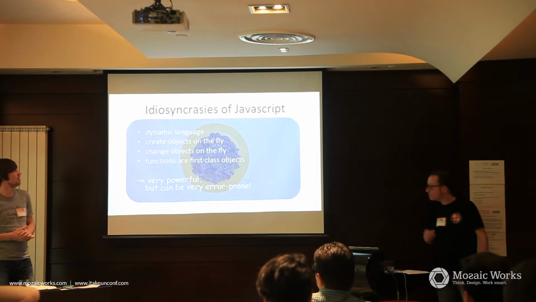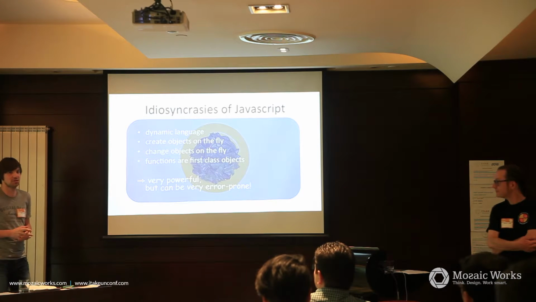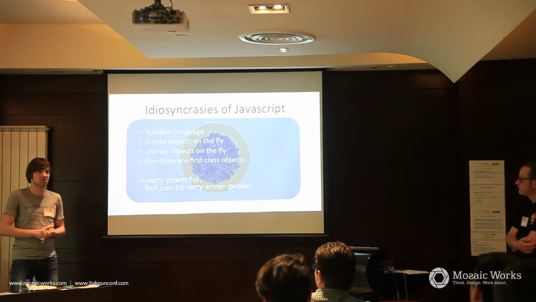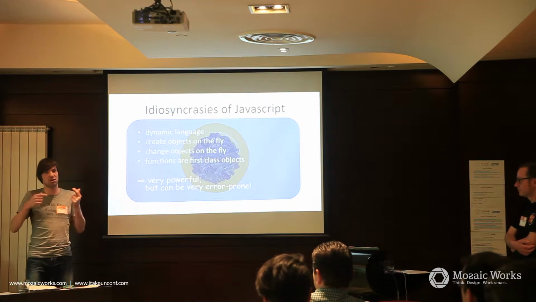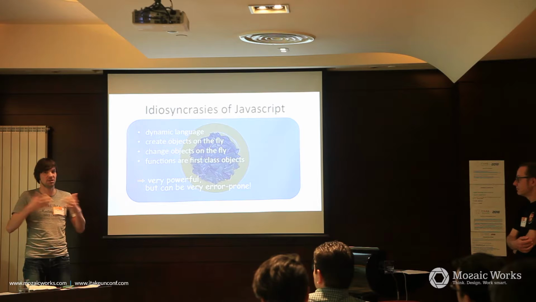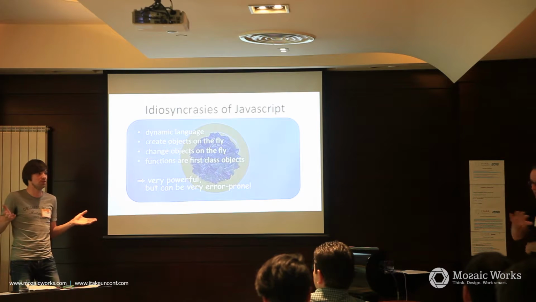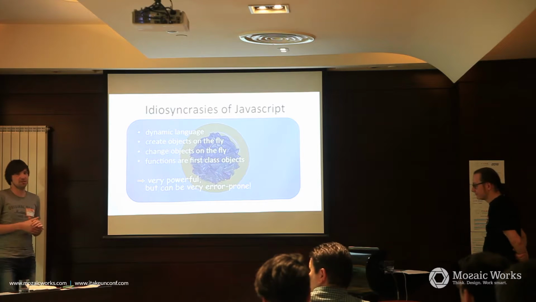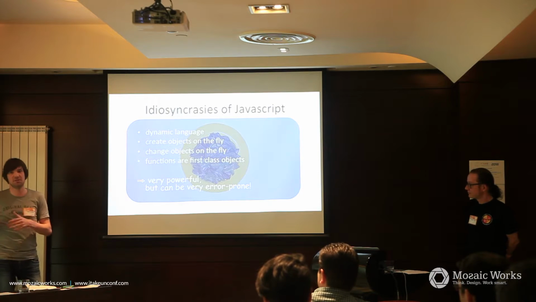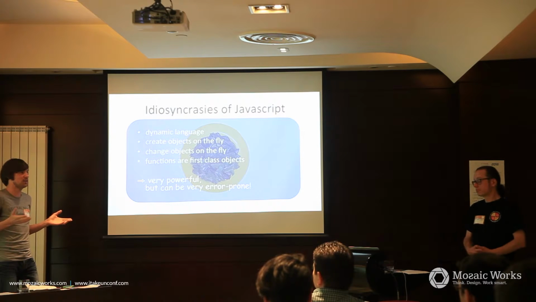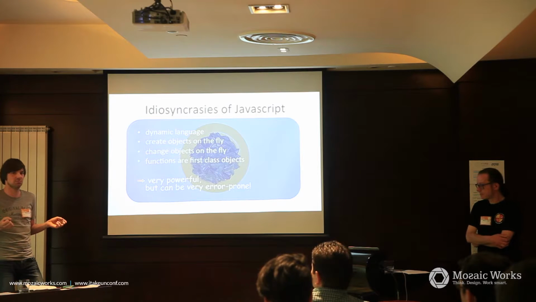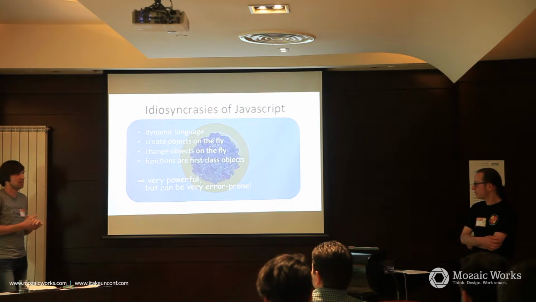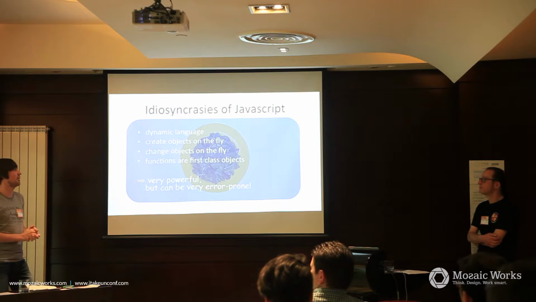Why is it so? JavaScript is a dynamic language, so you have no strong typing. So when you have a function with 2 parameters, you do not need to call that function with 2 parameters. You can call it with 5 parameters, and you do not need to have the type which is expected. So if you have a function for a string, you can pass a number, and maybe it works, or maybe you get a runtime exception, but you never get a compile exception because that's a dynamic language.